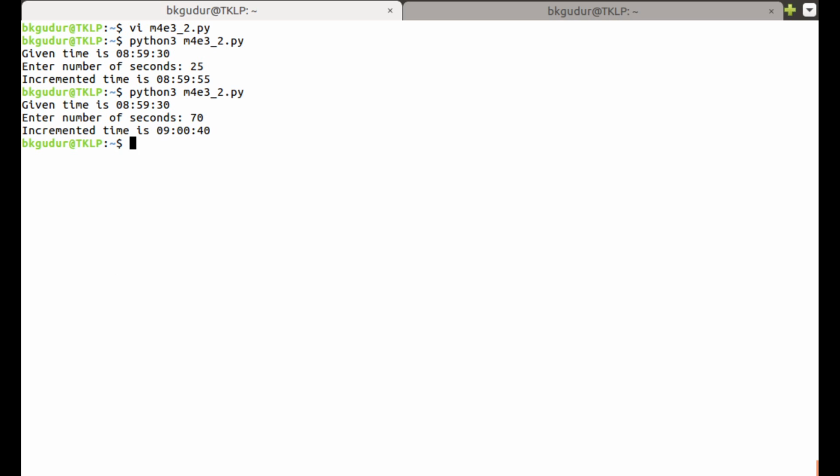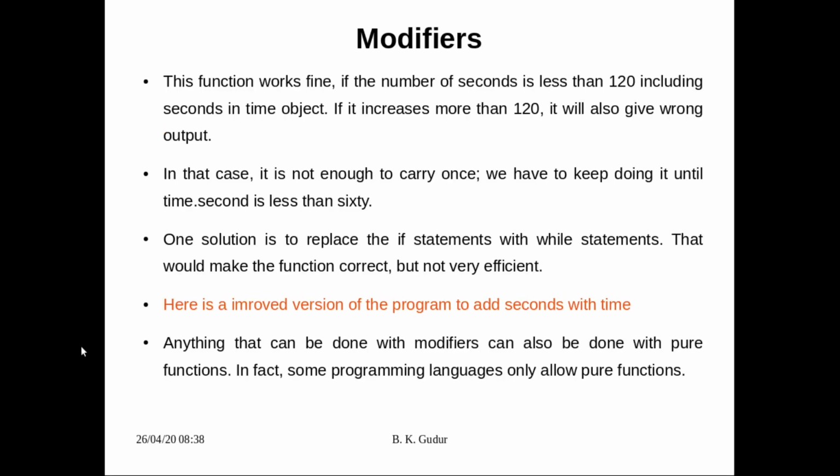Okay, so this is how, initially, we have written a simple function. Try to understand what we have done. Initially we wrote a very simple function, and later whenever we got errors we went on rectifying. Finally we obtained a good function, even though a little bit complicated, but it is going to serve all the purpose, right? So anything that can be done with modifiers can also be done with pure functions, right? Whatever we have done with modifiers so far, even the same thing can be done with pure functions.